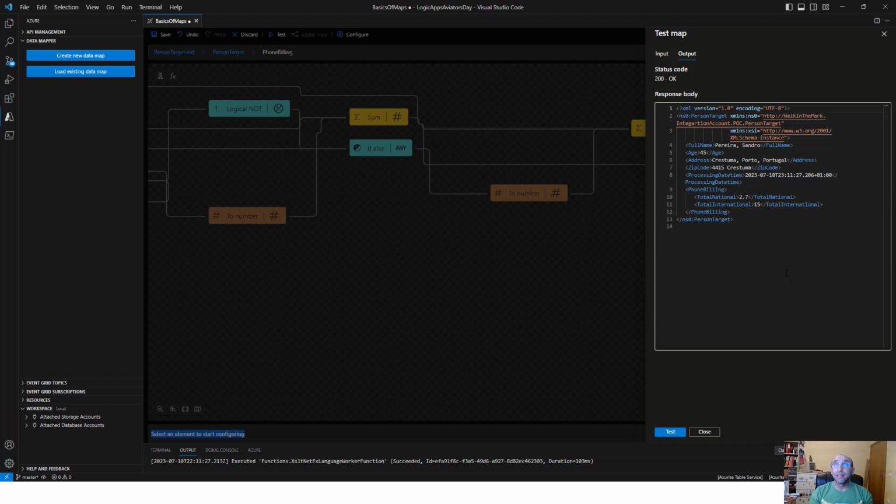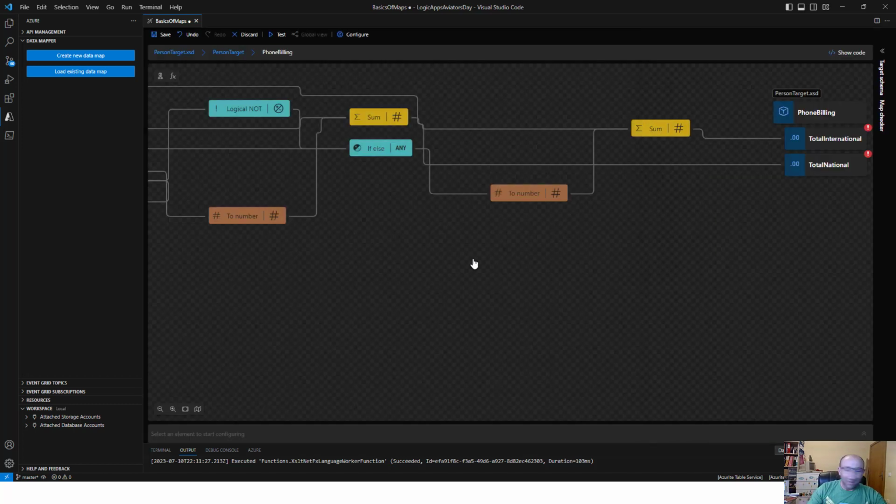And in this case, with this new data mapper, we can do XML to XML, XML to JSON, JSON to XML, or JSON to JSON. And in the future, CSV is also going to be supported, and we can do a lot more transformations using that map than with the previous ones. Okay, so let's dig a little bit and try to create from scratch